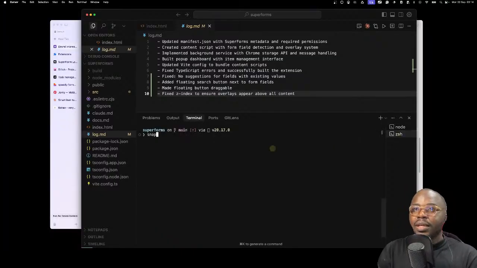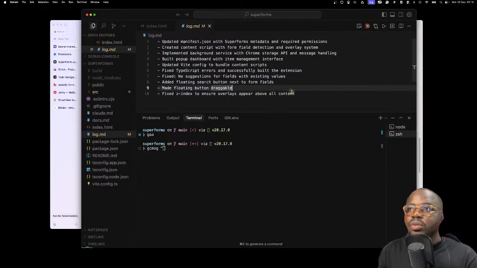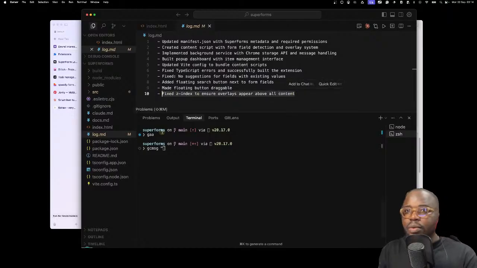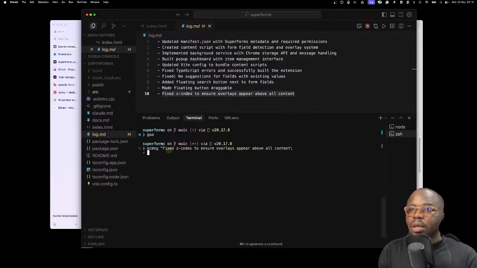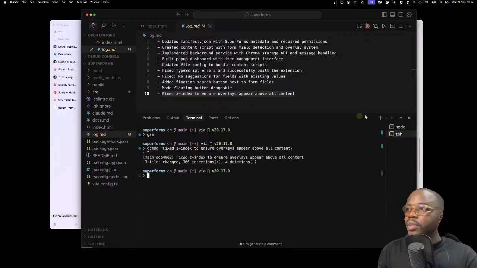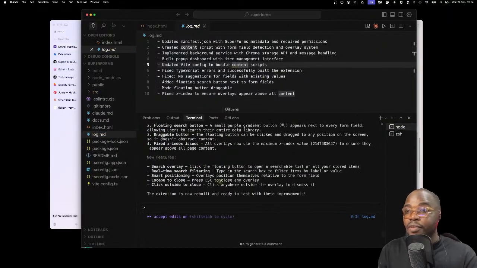You have to always snapshot. I like to just copy the last one, and I have that as the commit code. Boom. See why this is important and very useful for me? Because of something like this.